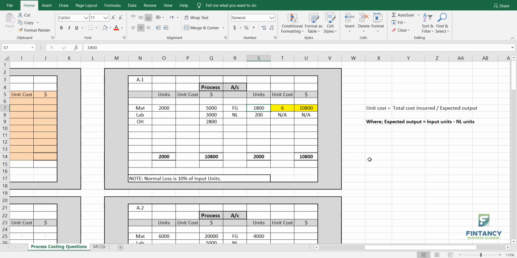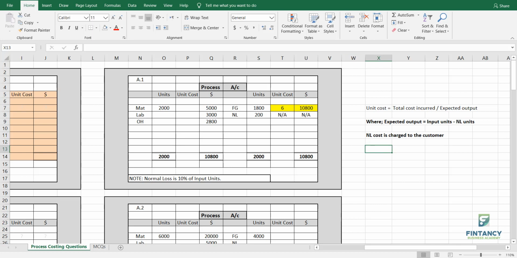So whatever you are losing, which is this 200, is a normal, natural phenomenon. So you will charge the cost of this normal loss to the customer. So I'm writing here, normal loss cost is charged to the customer. Getting it, my friends? Okay, how to prove it actually?